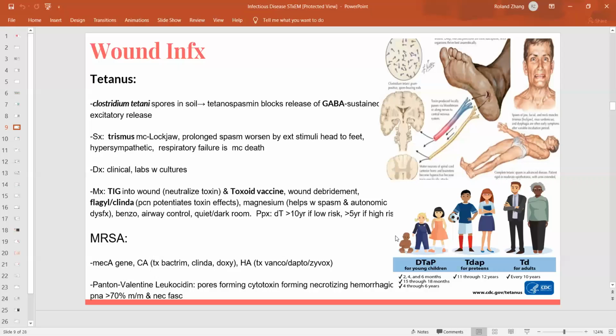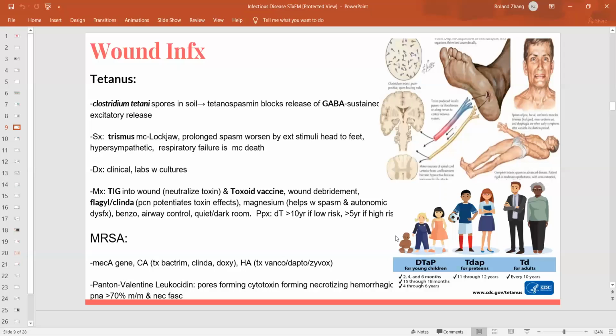And then the other thing too is that any stimulation will cause them to go into spasm. And they have this kind of hypersympathetic vital sign too. And the most common cause of death will be respiratory failure due to spasm of the respiratory muscles. Diagnosis is clinical, and it's also lab work with culture. But the way you treat this is